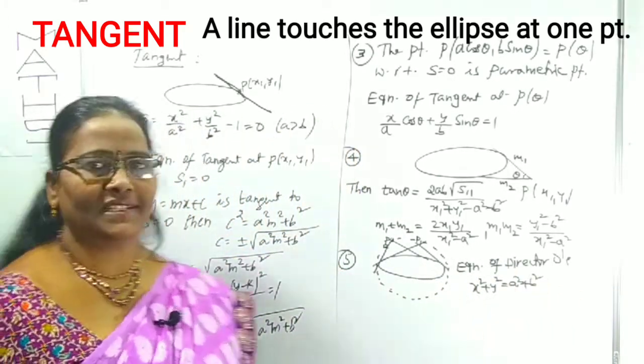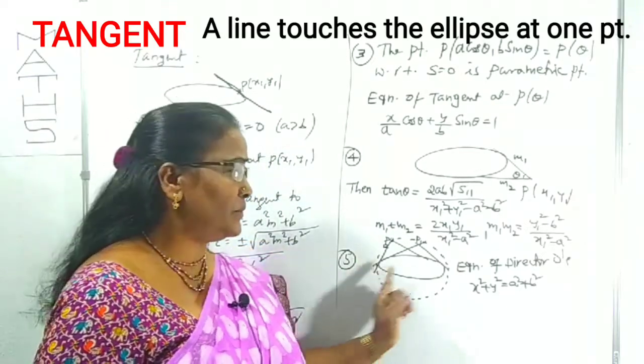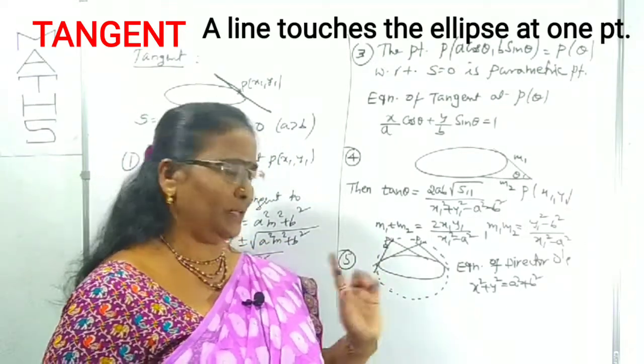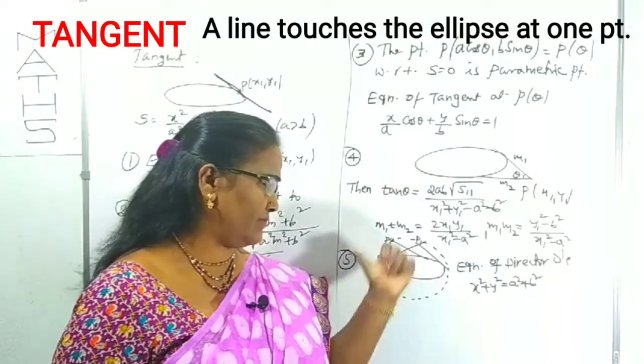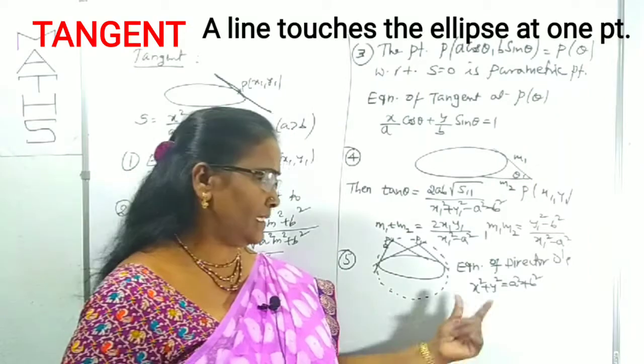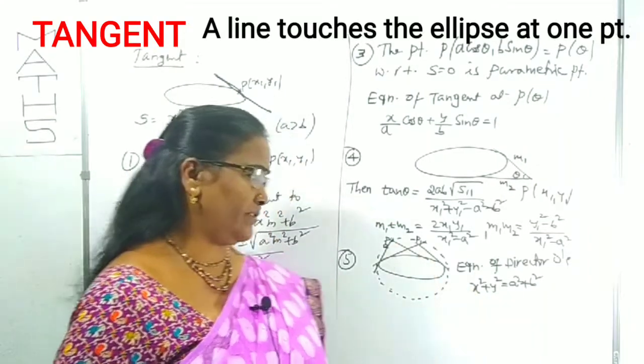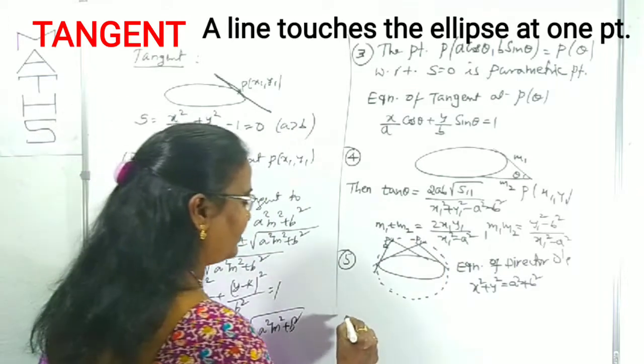Which circle is called the director circle? The locus of points of intersections of perpendicular tangents drawn to the ellipse is simply the director circle. What is its equation? x square plus y square is equal to a square plus b square. Similarly, we can observe that